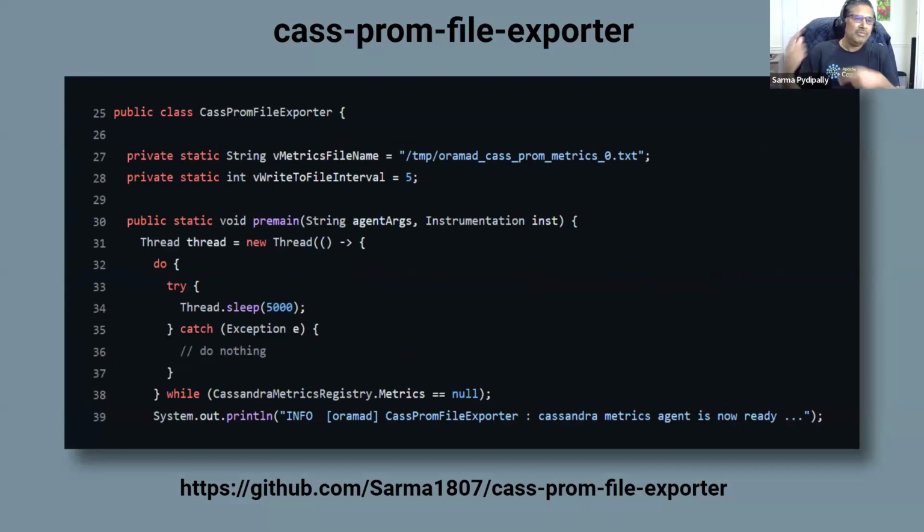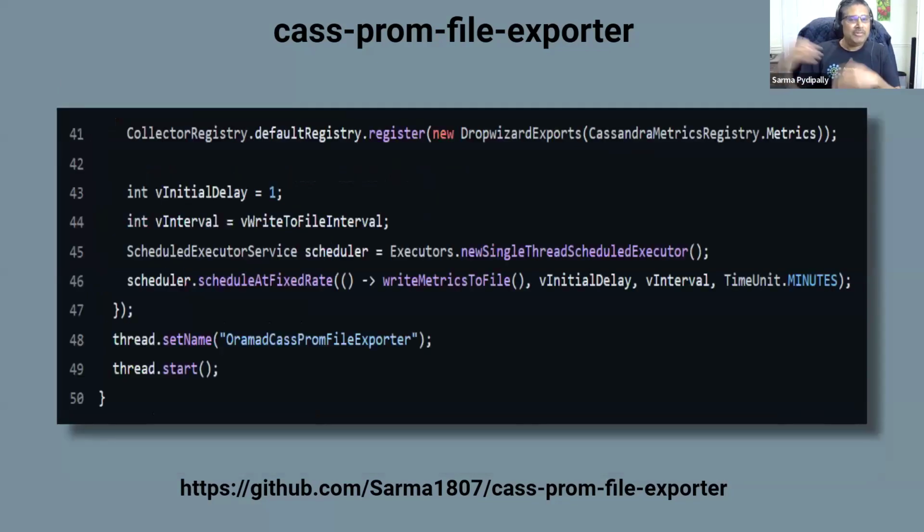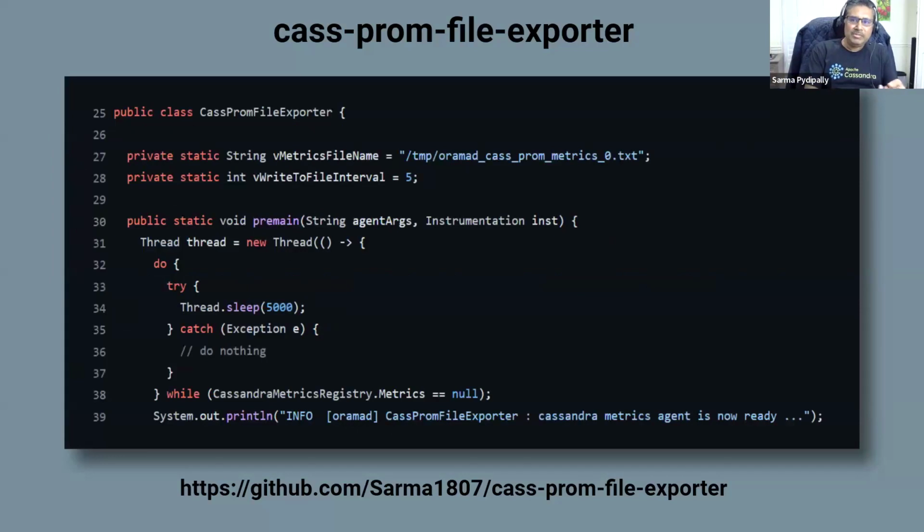You can observe every 5 minutes. But I will tell you how efficient this agent is, and you can configure it to run every minute. But right now on line number 28, you can see by default, it is configured to just run at every 5 minutes. So every 5 minutes, it will just take whatever metrics are there and dump it into the text file. This text file is on every node, and then we have to do something with it.